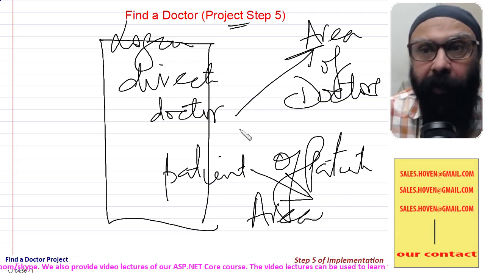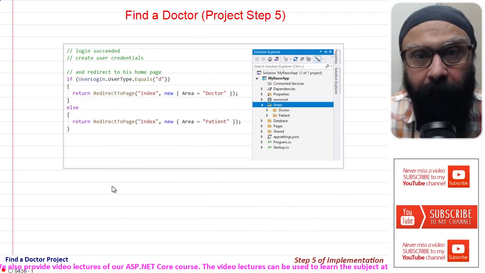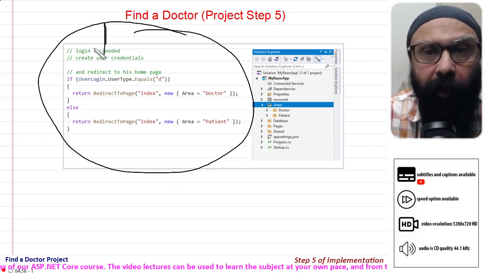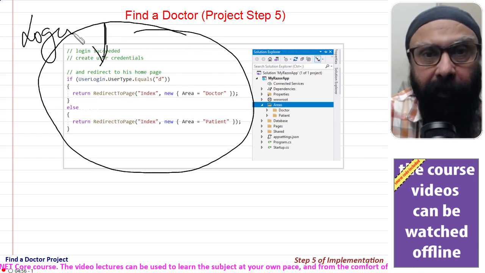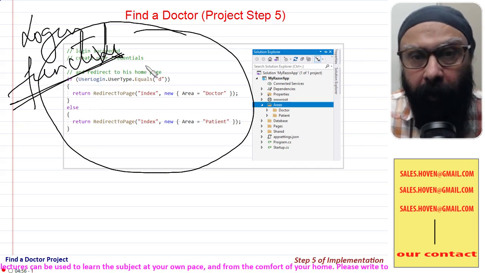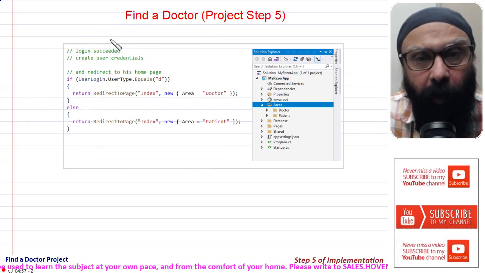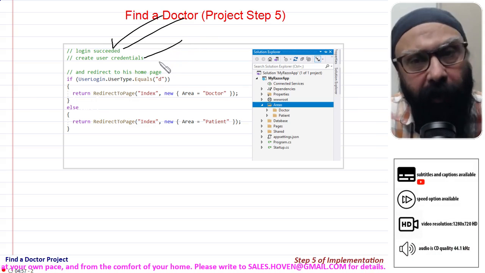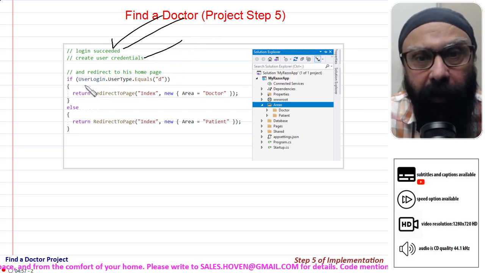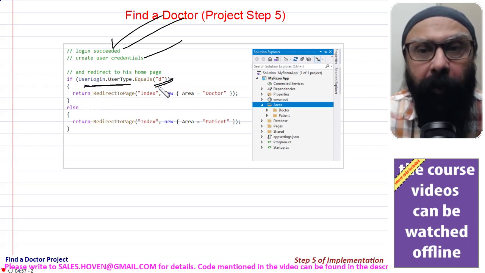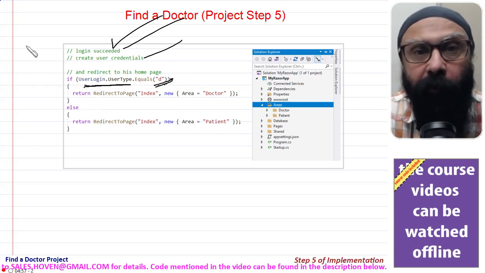For this, I have created a small diagram and then I'll explain the project. In this diagram, this part is the login function which I have extracted here, but I'll show you the details in a moment. The user starts logging in, he is verified, login succeeded. We will create user credentials later on, but at least from our database query we know the type of the user. If the user type is D, remember this D was created when the user was registering.